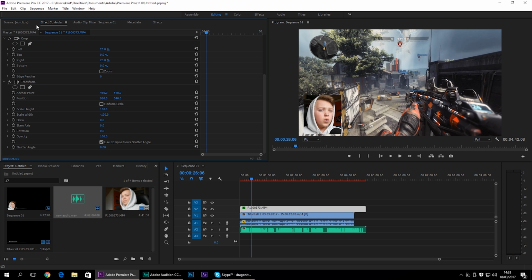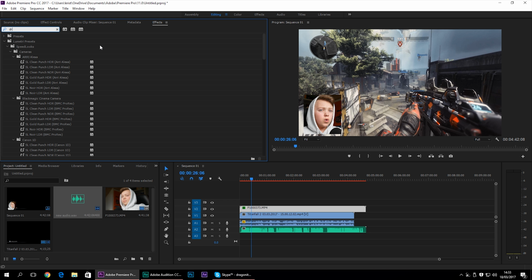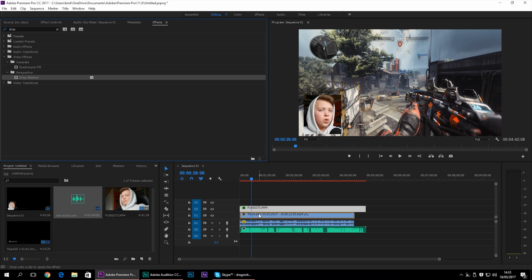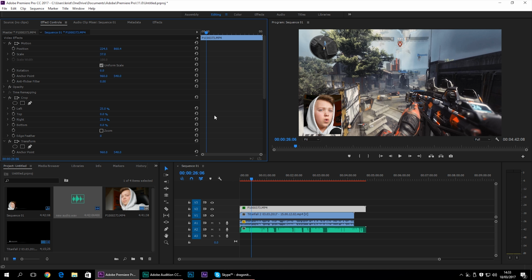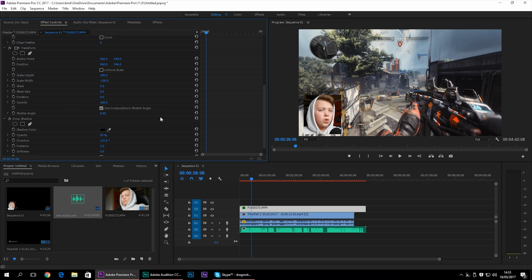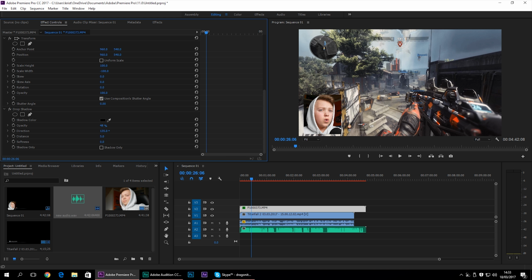When you've got that, something I also do a lot is adding a drop shadow. So now I've got the little shadow over here. What I'm going to do to make it better is put this to 100%, or 50 is actually better. Put this to 90.